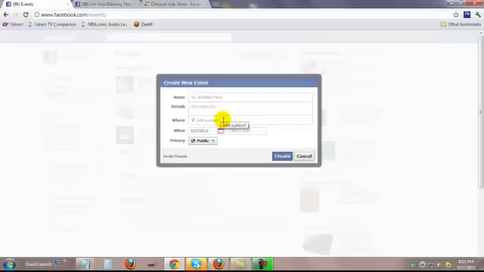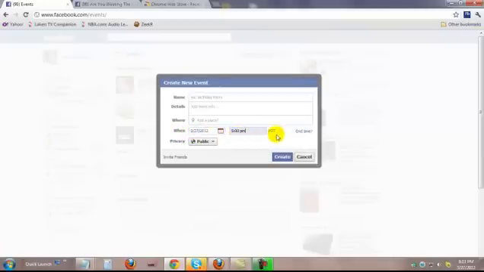You would put where it would be, the GoToMeeting link, and the date, and then the time. You would put in, let's say, 5, and then it gives you the option of AM or PM. Once you put the 5 in, it gives you the AM or PM option. If I say PM, then it gives you your current time zone. So this says Pacific Daylight Time because I'm in California. And so I am saying that the event is going to happen on the 27th